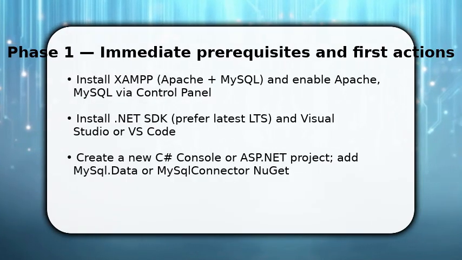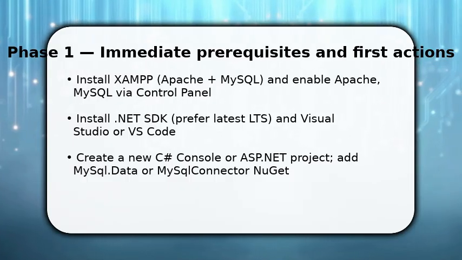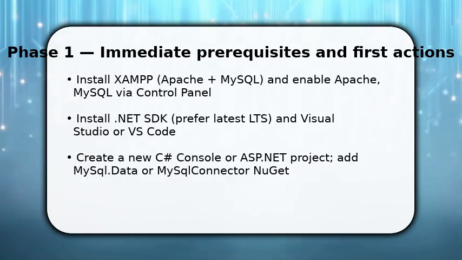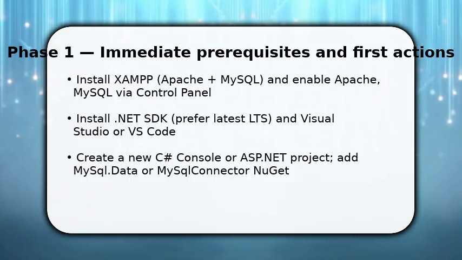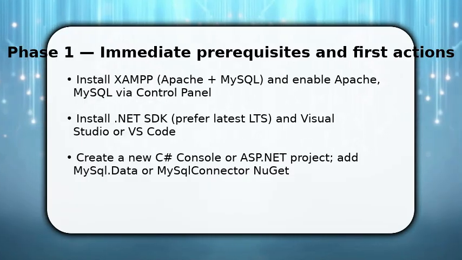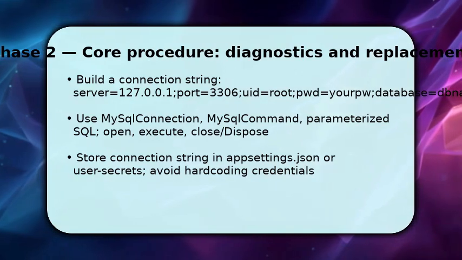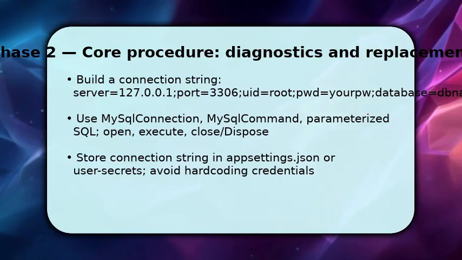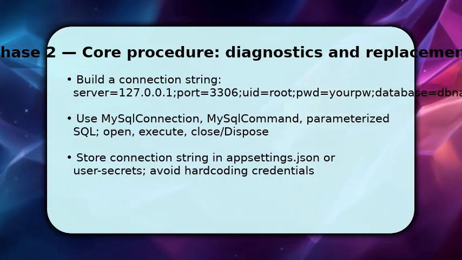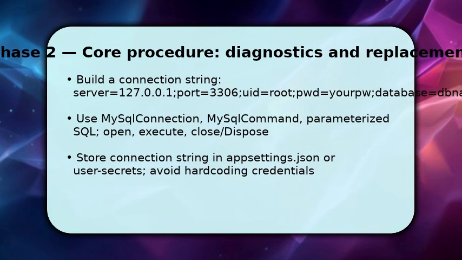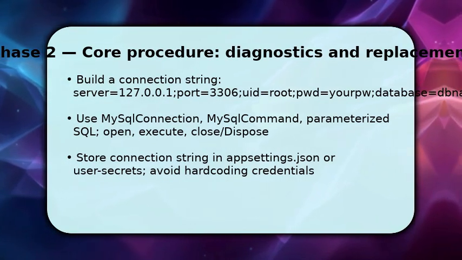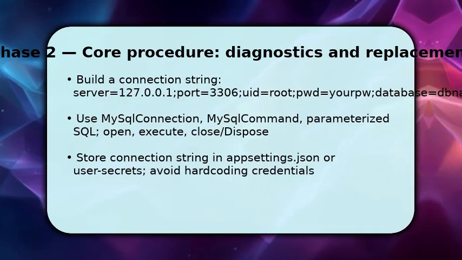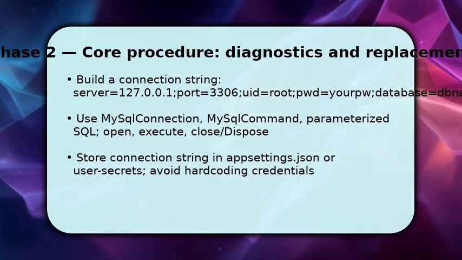Now you write the concrete C# code to connect. Begin by constructing a connection string: server equals 127.0.0.1, port equals 3306, UID equals root, PWD equals your password, database equals DBName. Then create a MySqlConnection instance and wrap it in a using block so it disposes